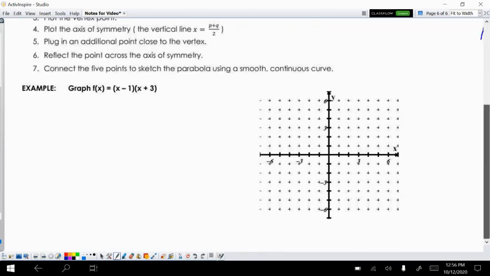So let's look at our graph here. Let's notice our a value. There is no a there, so a equals 1. So that's positive, so our graph opens up. And it's going to be normal. It's not greater than 1. It's not less than 1. So it's going to be that curve that we're used to from our parent function. It won't be wider and it won't be skinnier. So what we do know,